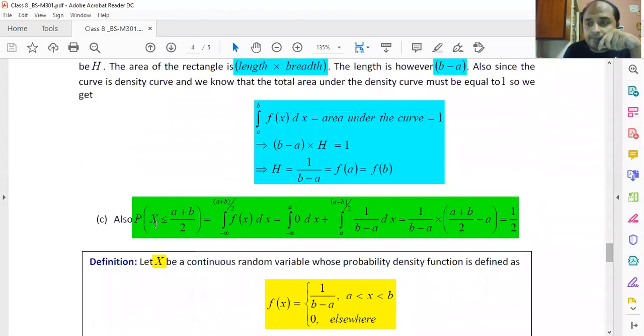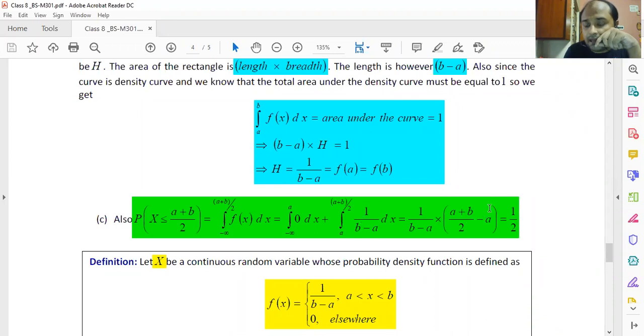Now, if I'm supposed to find the probability that X takes a value less than (a plus b) by 2, that means you are going to integrate f(x) from minus infinity to (a plus b) by 2. Again, I'm dividing it into two parts: one from minus infinity to a, and another from a to (a plus b) by 2. In the first range, the function has no value, so it is 0 over here. And (a plus b) by 2 is a value of x which lies between a and b. So in this particular range, from a to (a plus b) by 2, the function has the value 1 by (b minus a). So I have substituted over here and I have integrated,